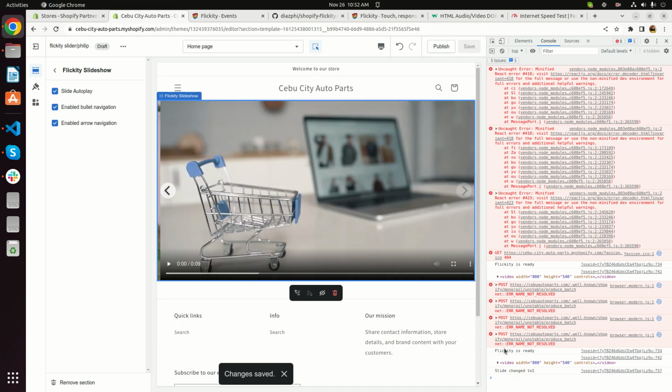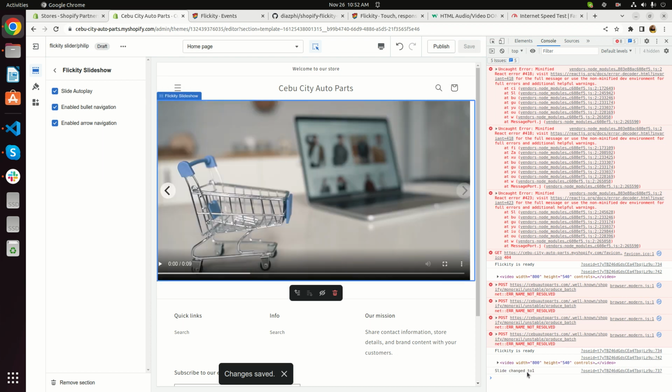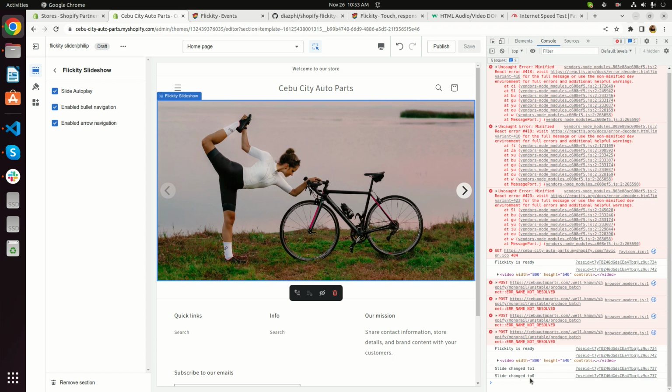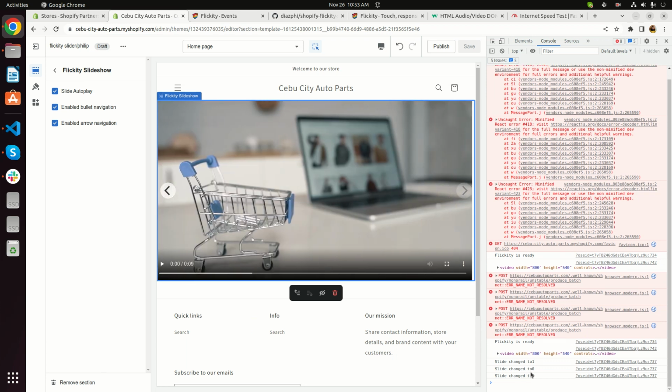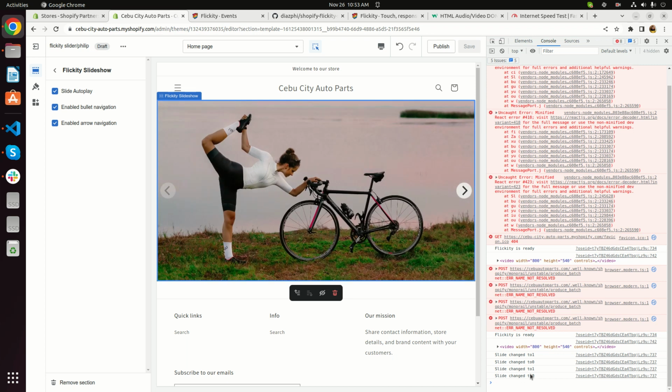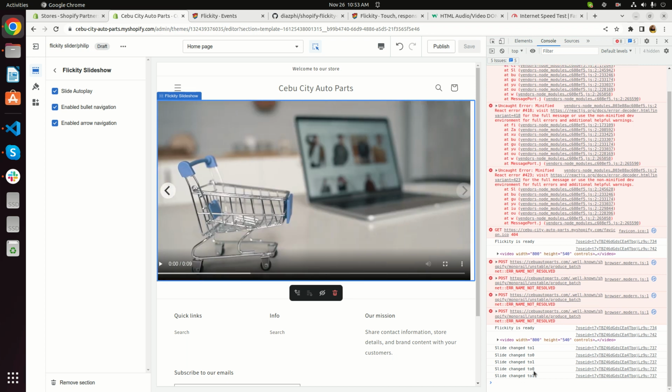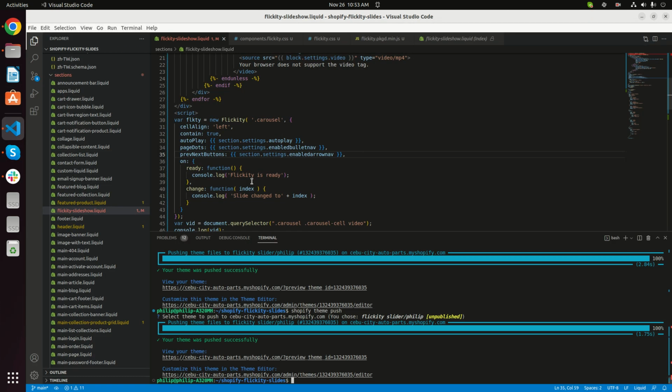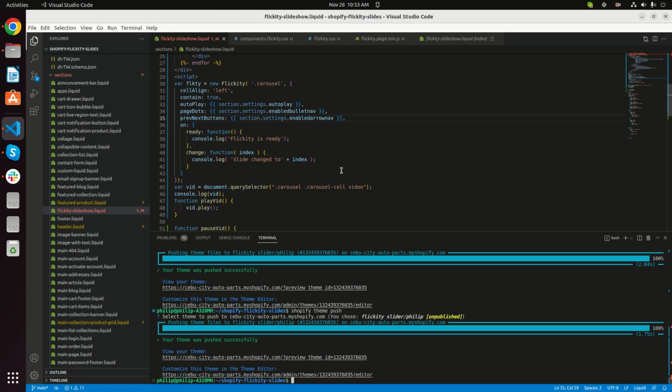Okay, Flickity is ready. Slide changed. Okay, so it works. So now, if it comes to 0 to 1, then I'm going to add a condition so it will play. So if the index is 1, if that is a video, then